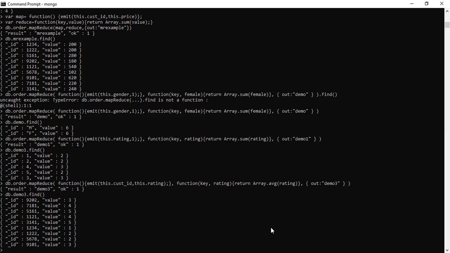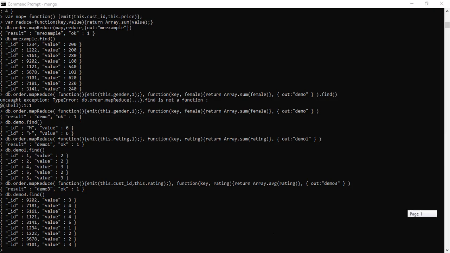Whenever we have a large volume of data in a collection and want some aggregation result from that table, we perform map reduce on that collection. That is all about map reduce functionality.